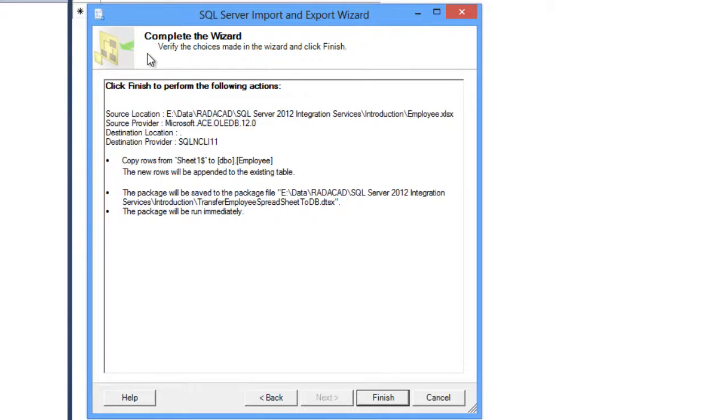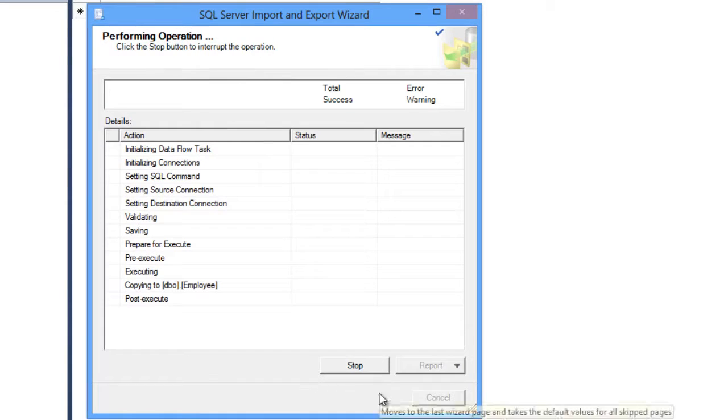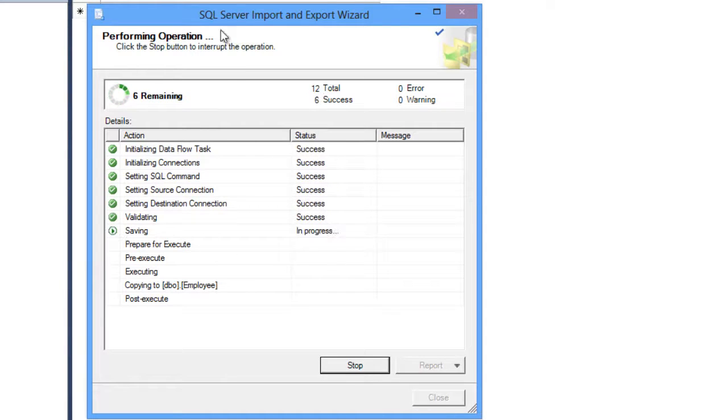Now in the next step, this is a description about what this package is doing. It will be stored in this location. It will use a source provider, and the destination is SQL Server Engine. The source provider is Excel source, and it copies rows from sheet employee to table employee, and some other information about the package. When I click finish, the SSIS package import export will be run, and